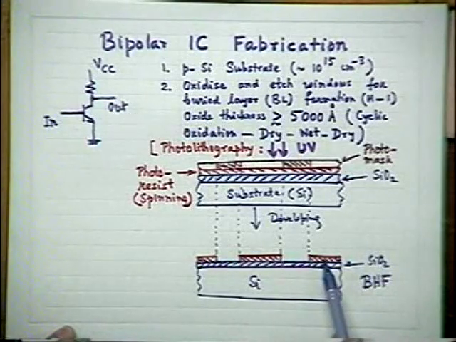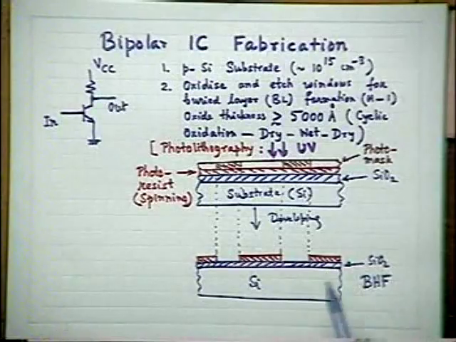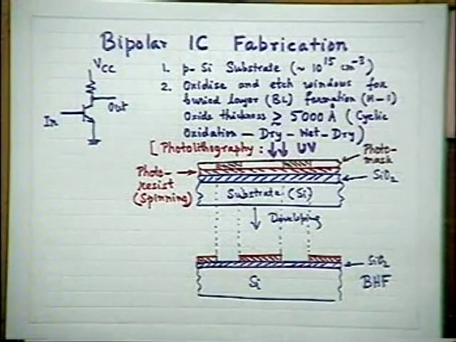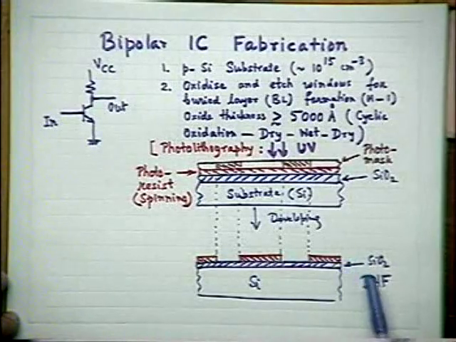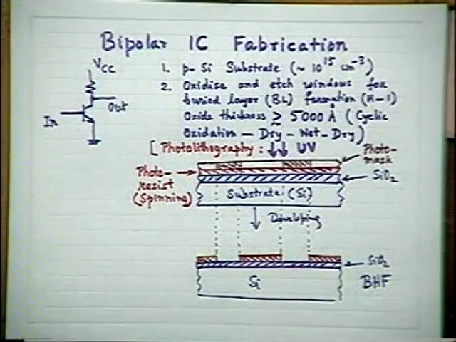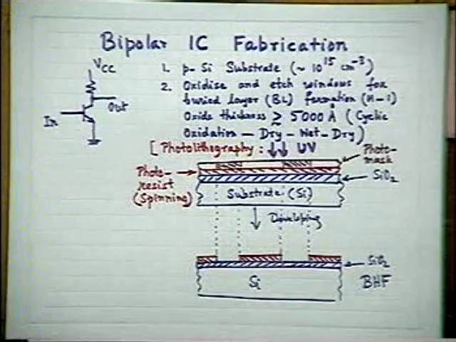This BHF etches off silicon dioxide, keeping silicon as it is. And the developed photoresist is not attacked by BHF. So if you just dip it in a solution which is known as BHF. BHF is nothing but a solution of ammonium fluoride in hydrofluoric acid, okay? A solution of ammonium fluoride in hydrofluoric acid is called buffered hydrofluoric acid, okay? If you etch it in this BHF,